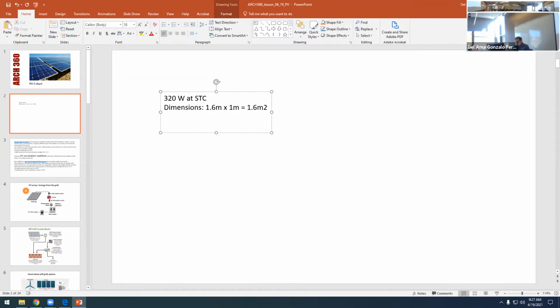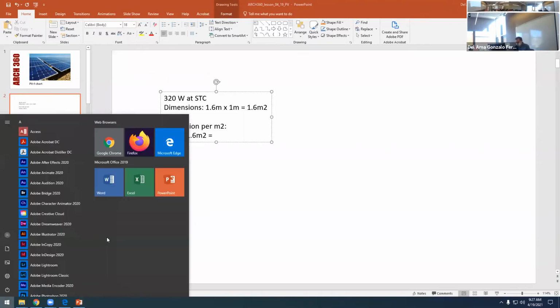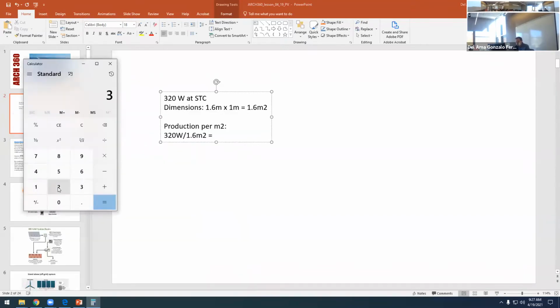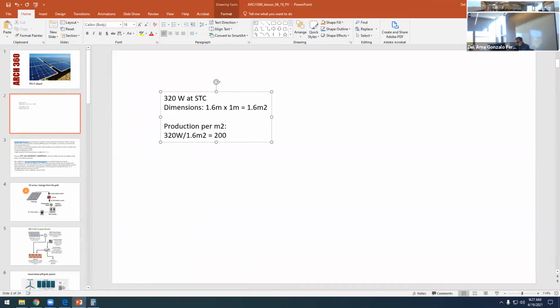So what is the production per square meter? So it's 320 watts divided by 1.6 square meter. Okay, so we calculate this. This is 320 divided by 1.6. Okay, so it's 200 watts